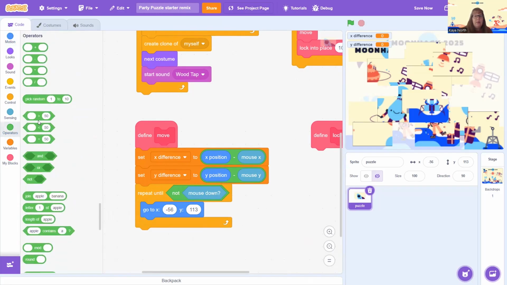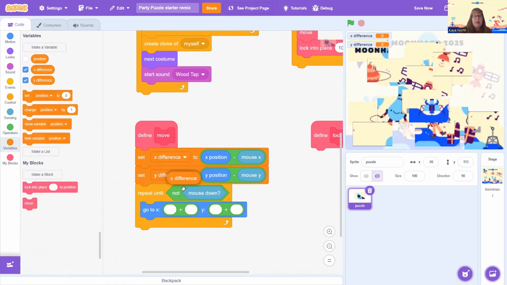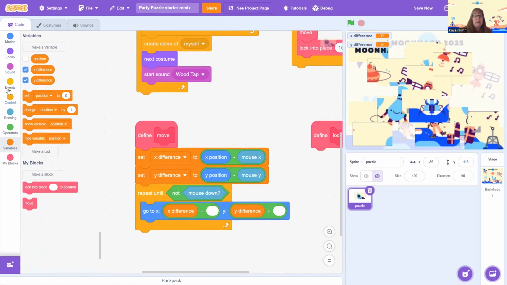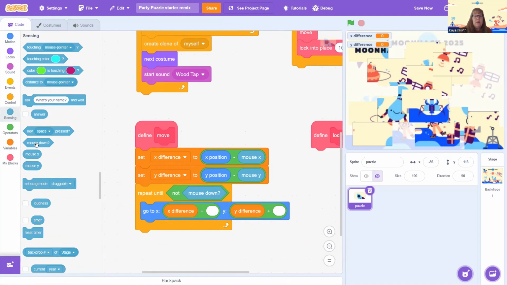Again, we need an operator because we're looking at the difference. We need the plus operator. I'm going to drop one in both sides right now while I'm in the same menu. So our go to here is taking this difference that we have recorded and adding on the difference of the mouse. So jump into our variables. Let's drop the X difference here. I'm going to do the Y difference on the other side while I'm in this menu. And back to our sensing with our mouse,